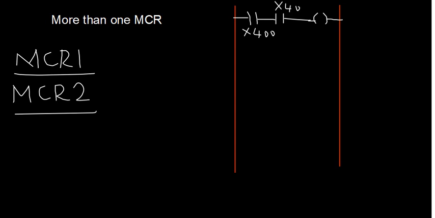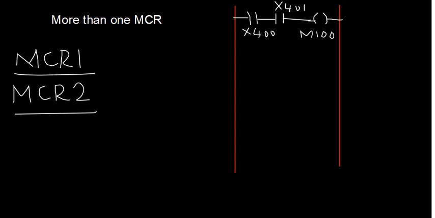Now I am going to M100 here. So this M100 even stands for the internal relay also. So this is a very important point to be noted here. Now how do you differentiate between M100 being an internal relay or the master control relay? In fact, these are all the broad subsets of all the relays. It could be the battery backed up relay, right? It could be the internal relay, or it could be the master control relay.